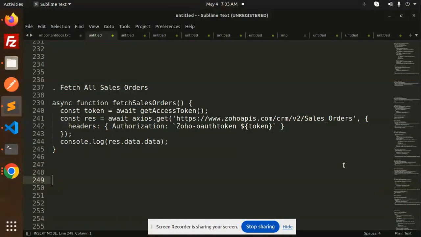Today we are going to learn how to fetch all the sales orders via the Node.js API using